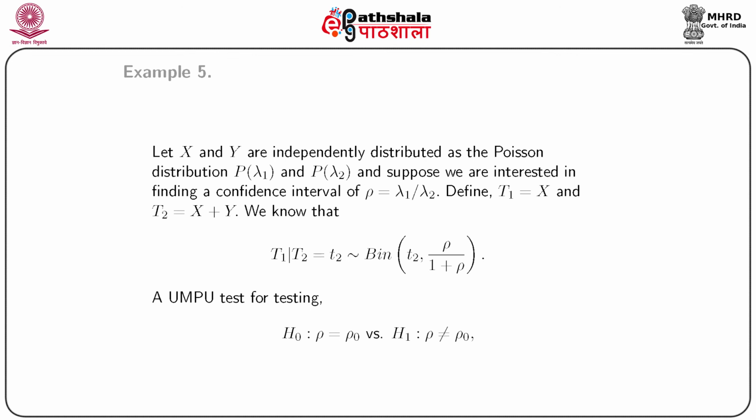We consider our last example. Let X and Y be independently distributed as Poisson(lambda 1) and Poisson(lambda 2). Suppose that we are interested in finding a confidence interval for the ratio rho equals lambda 1 by lambda 2. Define T1 equals X and T2 equals X plus Y. We know that T1 given T2 follows Binomial(T2, rho by 1 plus rho). A UMAU test for testing H naught: rho equals rho naught versus H a: rho not equal to rho naught is given by